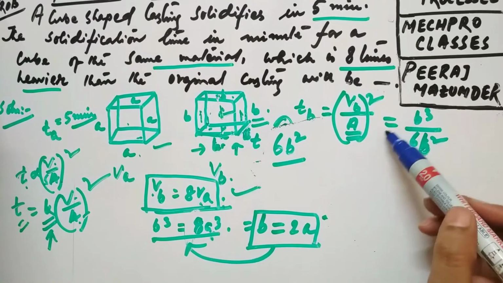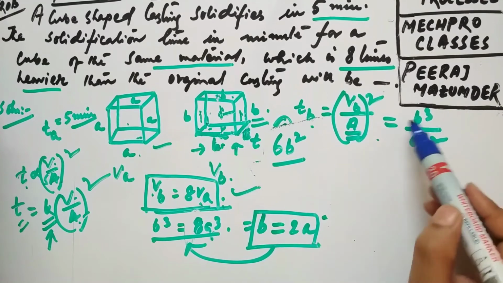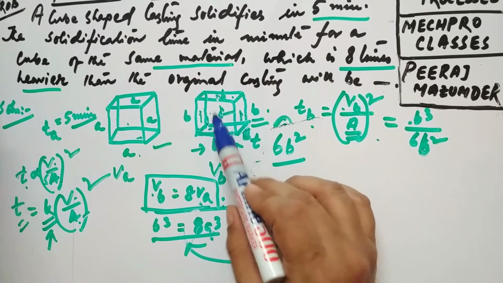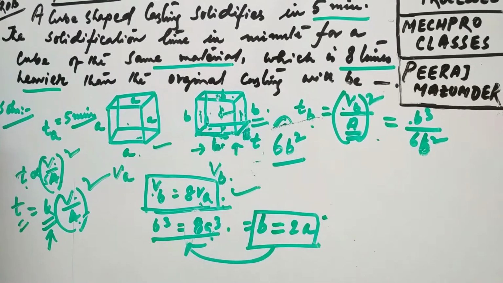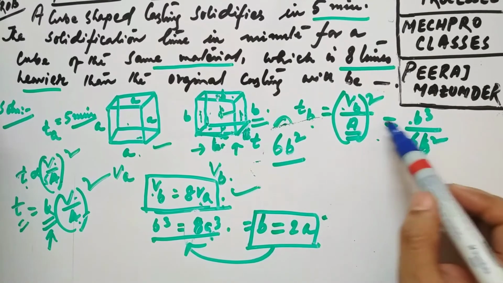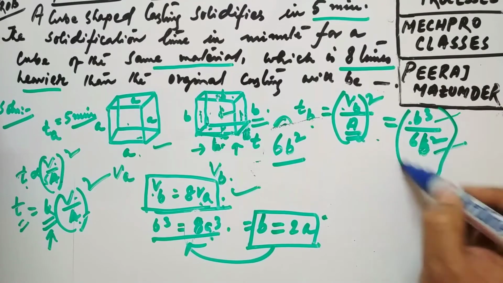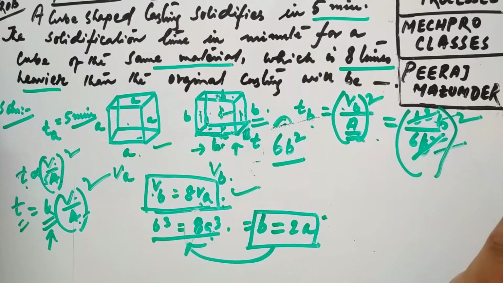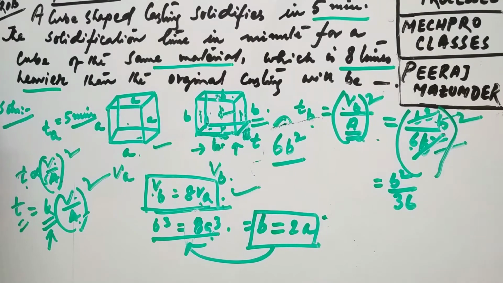Okay. Now coming to this formula, TB I can write VB by A to the power square. Okay. Now for VB we are writing B, because we have taken B as the length of the sides of the cube, and as it is a cube, the sides will have the same length. That's why I have taken B altogether. Okay. Now coming to the volume, we can write B cube, and for surface area we can write 6B square. Now it will be whole square. Okay. Simple. Now B square and B cube, it will give you B only. Okay. So you can write B square by 36, 6 square, simply you can write.